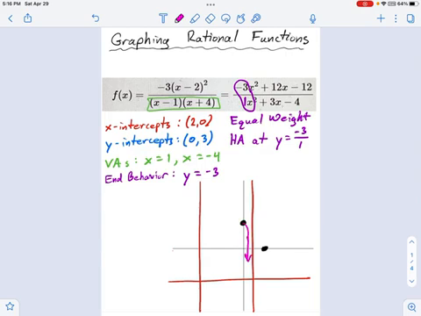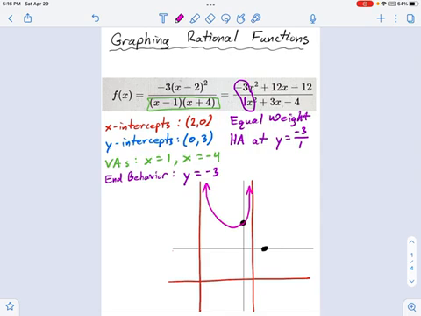Now here's a problem with sliding down. Look what I just did. I created an x-intercept where there wasn't supposed to be one. Right in there, I crossed the x-axis. So that's not allowed, meaning you can't go down in this case because of the location of the asymptote and the lack of x-intercepts. You have to go up. And that's the same on the other side. You're going to have to go up in this case. We can't cross that x-axis.